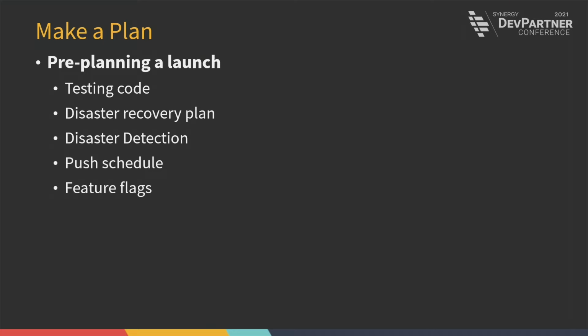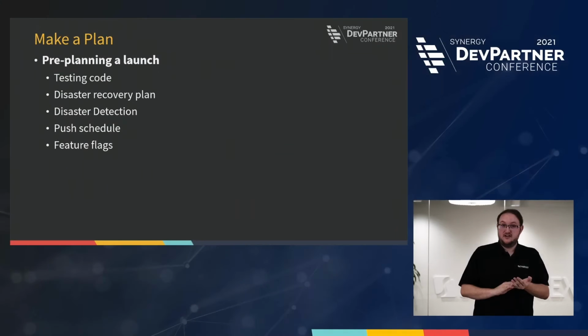And so we're going to talk about our checklist. Right now you probably have your checklist for pushing out something, and you should also have your checklist for what happens if something goes wrong. And so we're going to talk about that. And then, of course,